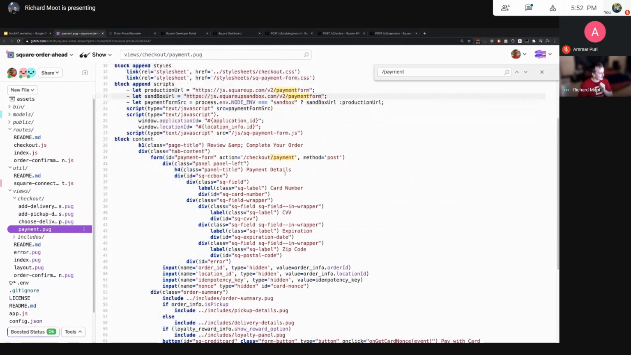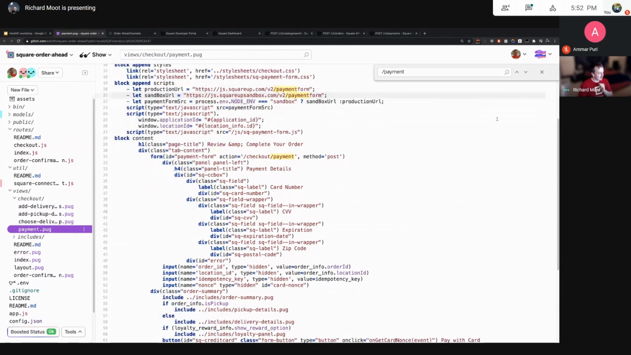And then, forgive me, I don't usually look at this in template format. I usually look at it as HTML. So we can see that here's the credit card form as it's created here. And so these are all the fields that are being specified for the payment form to target to replace with